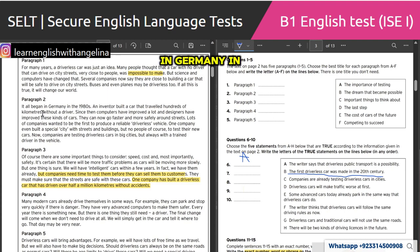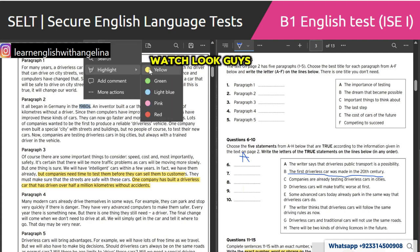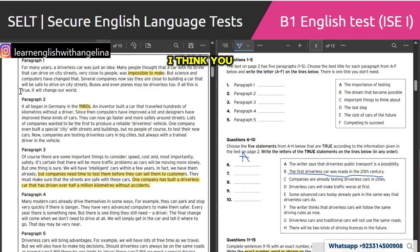In Germany in 1986, they built a car that traveled 100 kilometers without driving. So 1890s is 19 what? Look, guys, I think you don't know this. It's simple math. 20th century,